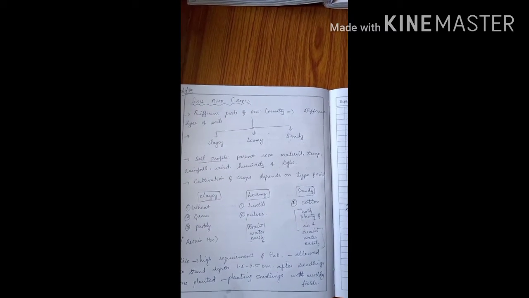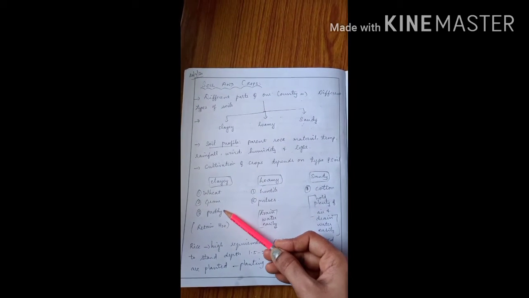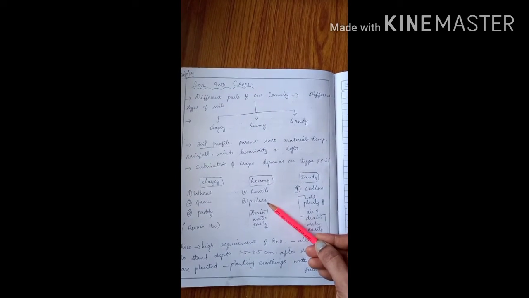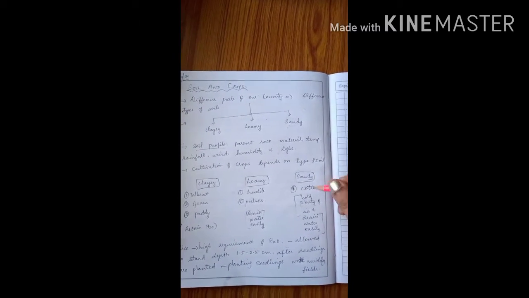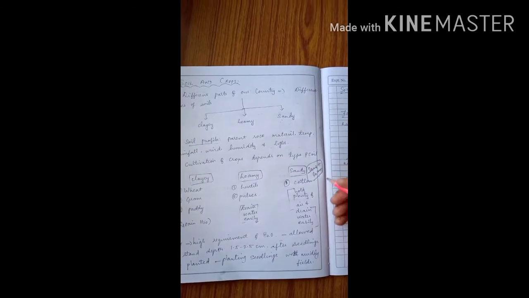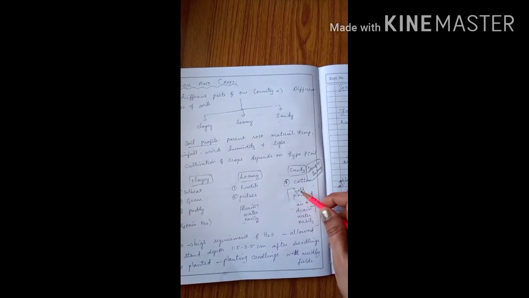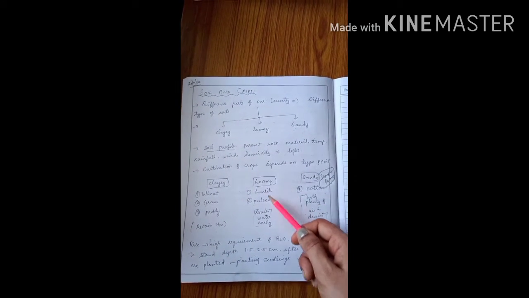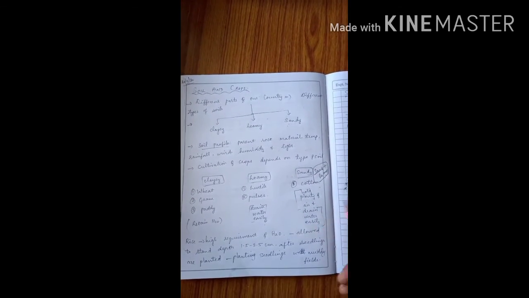Then the cultivation of crops depends upon the type of soil. In clayey soil, wheat, gram and paddy can be grown. In loamy soil, lentils and pulses can be grown. In sandy soil, cotton. Here they mention sand plus loam, which is helpful to grow the cotton plant. Clayey soil retains much water, loamy soil drains water easily, and sandy soil has plenty of air and drains water easily.